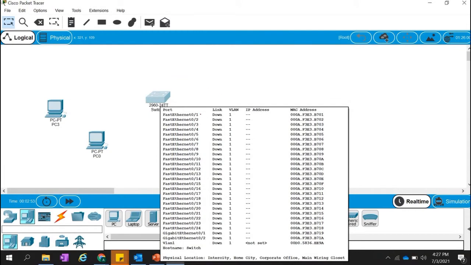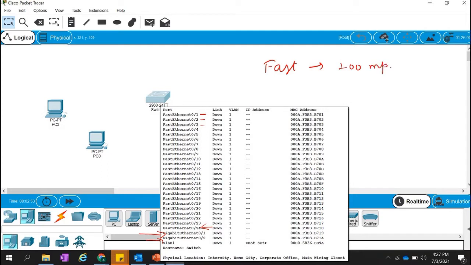So right now we see that these are the Fast Ethernet ports 1, 2, 3 to Fast Ethernet 0/24, and there are 2 gigabit Ethernet ports. This is G0/1, G0/2. So I think you might be aware that a Fast Ethernet port has the speed of 100 Mbps.